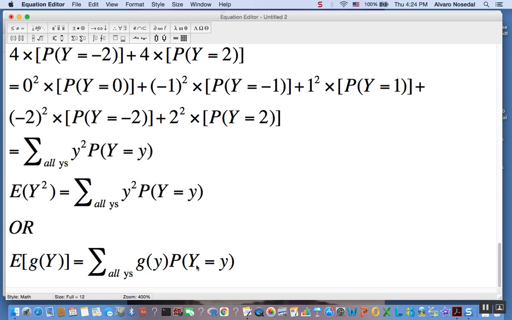In our particular case, in our example, g of y equals y squared,